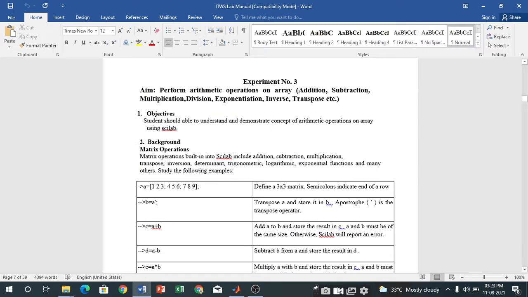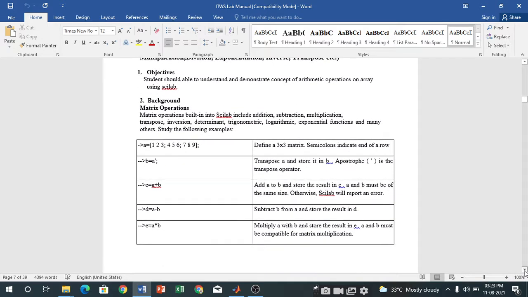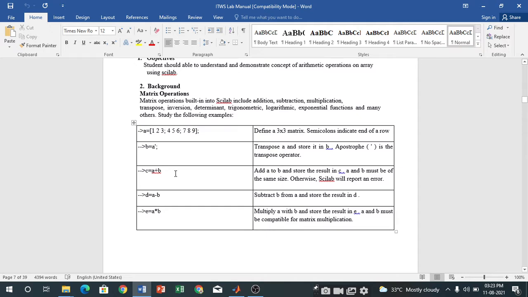So here we will perform arithmetic operations: addition, subtraction, multiplication and division. We can also perform the transpose of a given matrix; we just have to add an apostrophe on it.